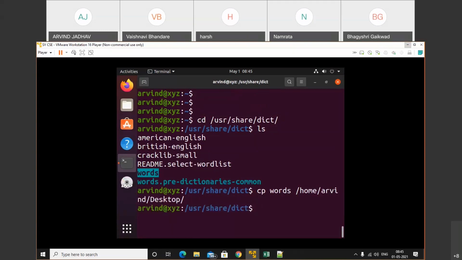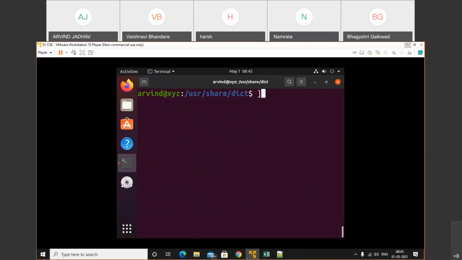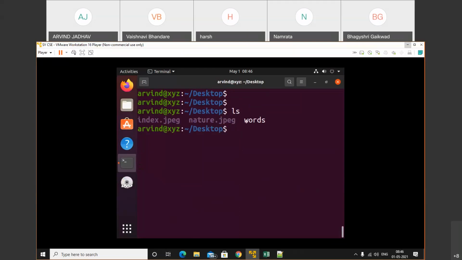See, I successfully copied the words file to the desktop, and my desktop path is /home/admin/Desktop. Let's cd to /home/name/Desktop. Right now we are on the desktop, and with ls we see we have a file called words.